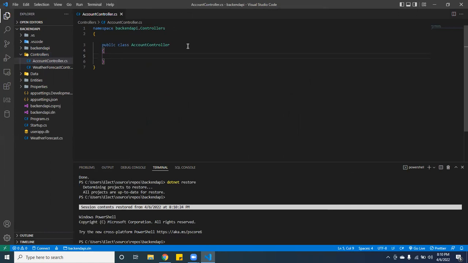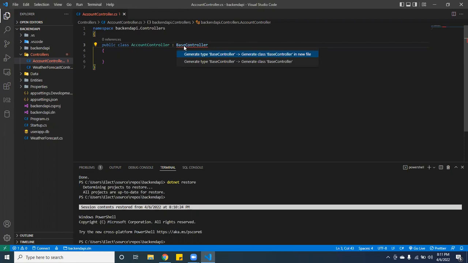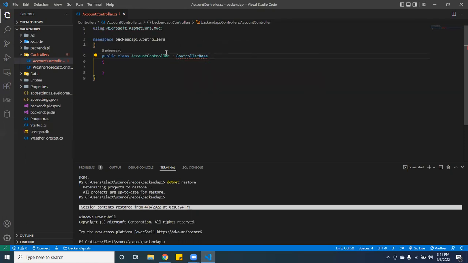All right, so here I wanted to derive from controller base. Oh, I'm sorry, it's called controller base or base controller, one of those two. Base controller, let me see that. No, it's called controller base. Yes, so it's called controller base, and you want to go ahead and import the using Microsoft, the MVC. So once you do that, so then